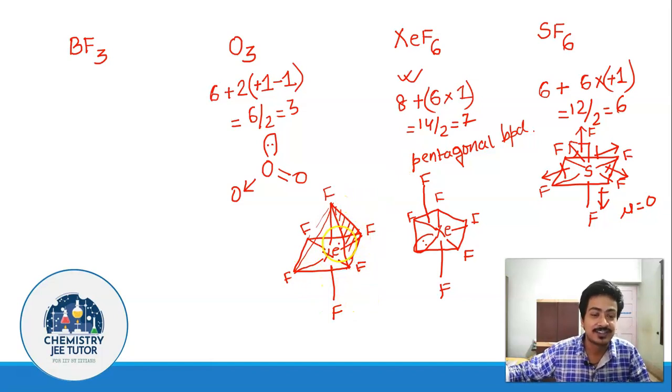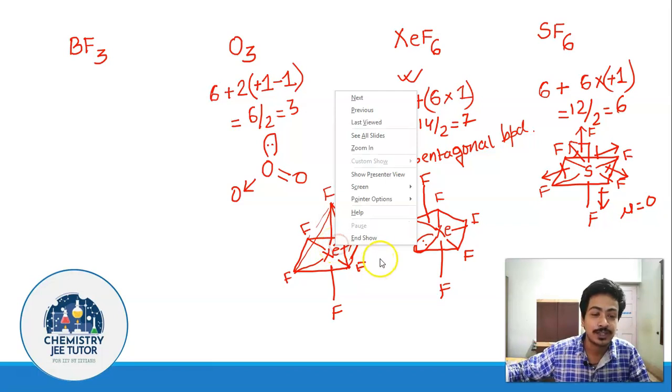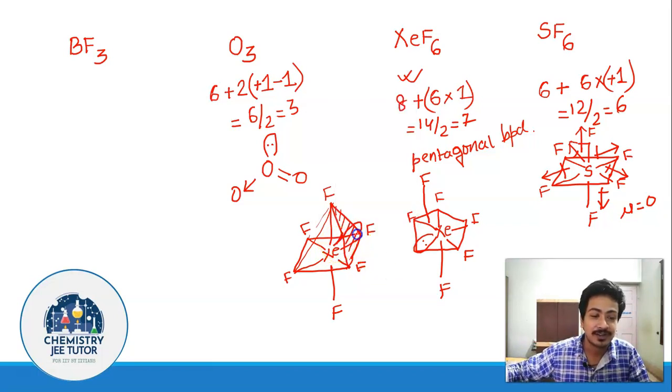In this case it was suggested that the lone pair is going to reside somewhere like this, extending through one of the faces, and that is what is actually going to make this structure a distorted octahedral structure.